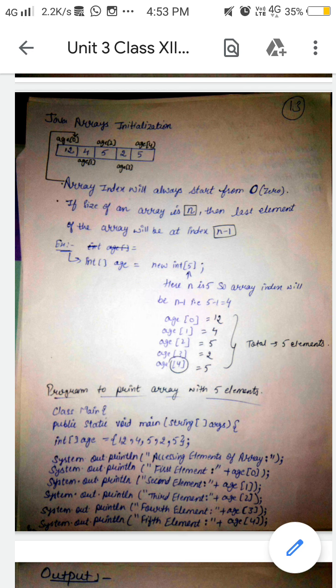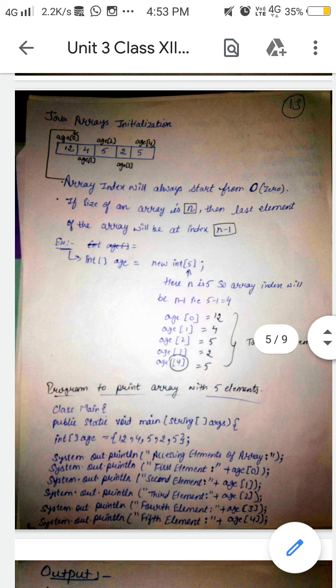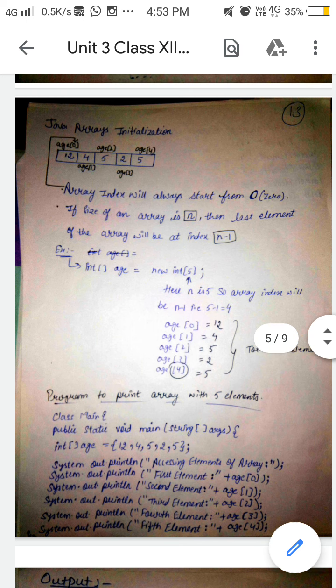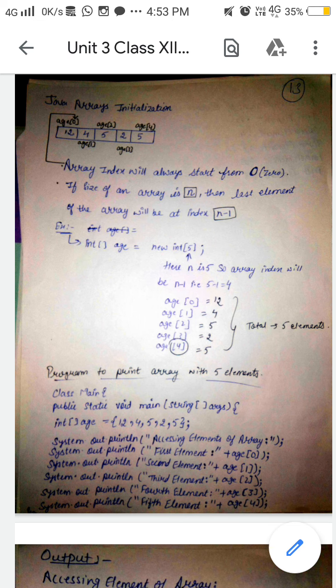So array index will always start from 0, and if the size of the array is n, for example if the size of the array is 5, then the last element of the array will be at index n minus 1, that is 5 minus 1 is equals to 4. Okay, because we are starting the index from 0. So the last value will come at the index n minus 1. So it is very important.